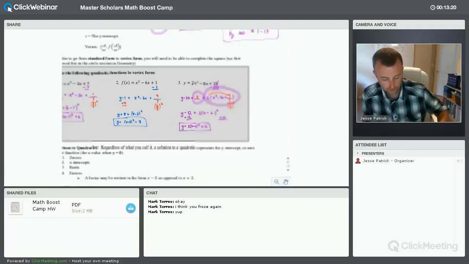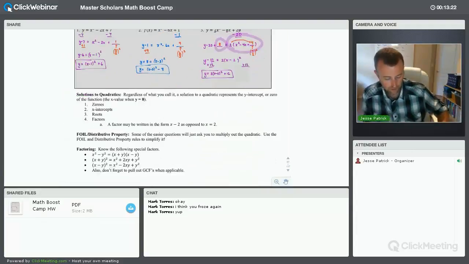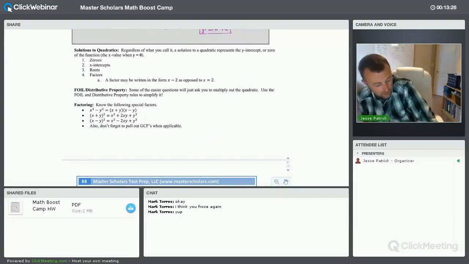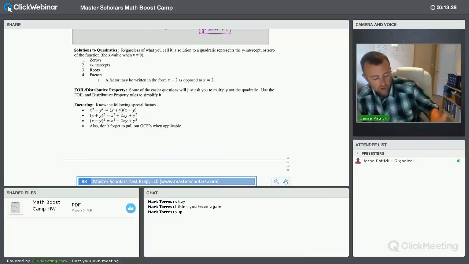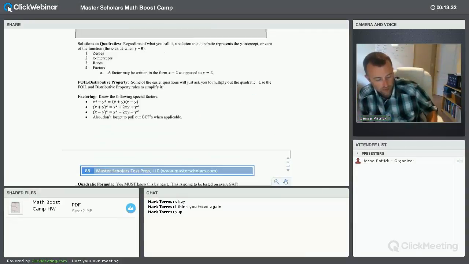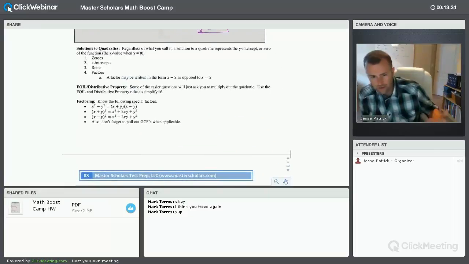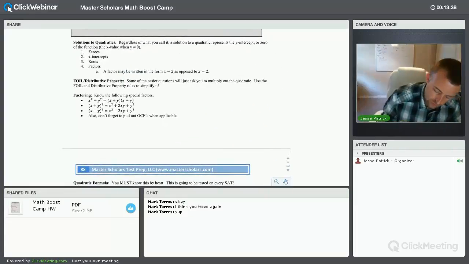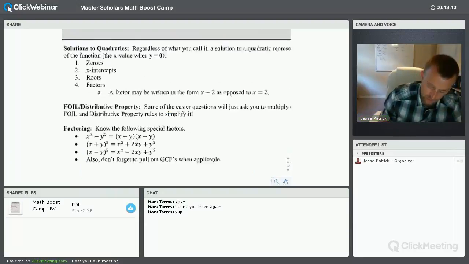Okay. So I'll try to get to new stuff here. I'm going to go as quickly as I can. I'm getting behind already, obviously. So anyway, the next part here is we're going to start solving. You'll see we'll be finding roots and things. We're going to start solving quadratics. Now, if you're trying to solve a quadratic, one thing they're going to do is ask you for a solution. But sometimes what they'll do is,